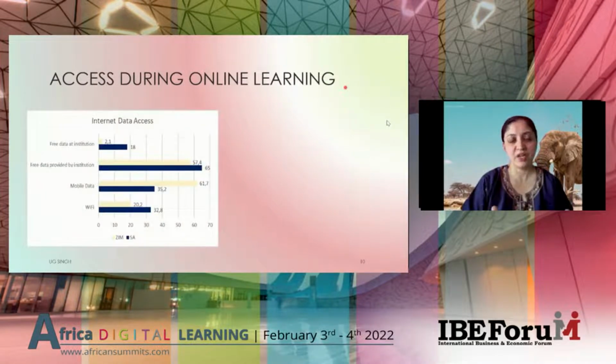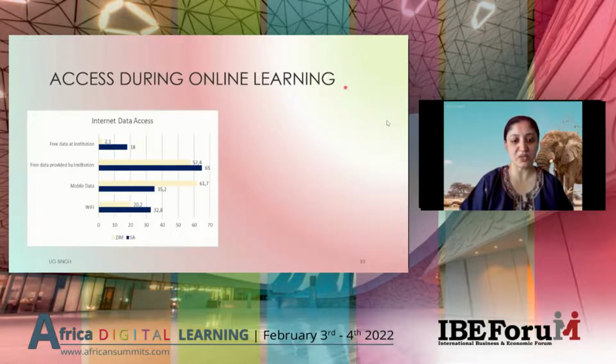So very briefly, one of the aspects which we investigated was their access to the internet. And we looked at access through Wi-Fi connectivity, through mobile data, through access provided by the institutions, and through free data at the institution itself.